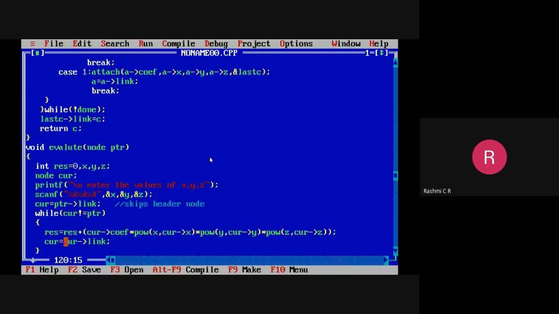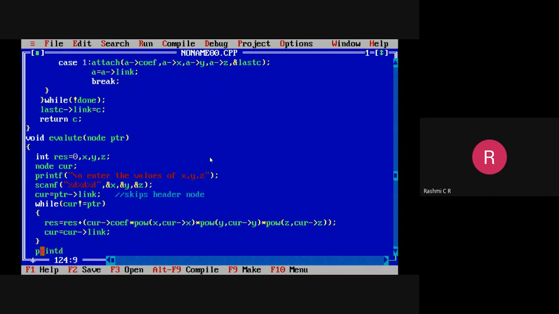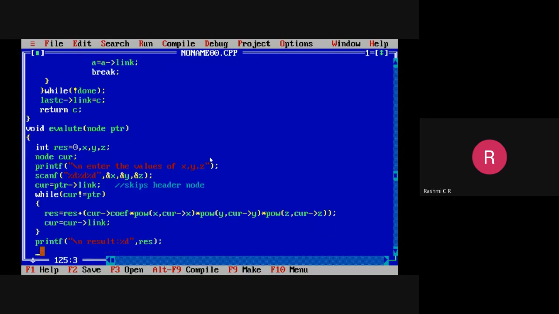As soon as you get the intermediate result for every term in the polynomial, the final result will be stored in the result variable. Then you just store it and print it. Result is indicated by %d, then result. So the final result is printed.